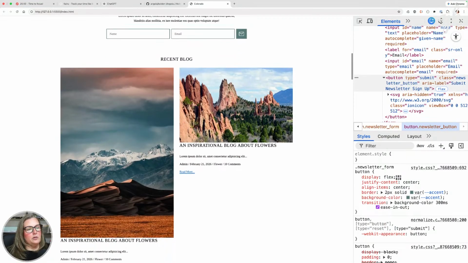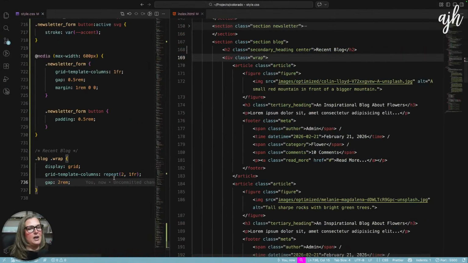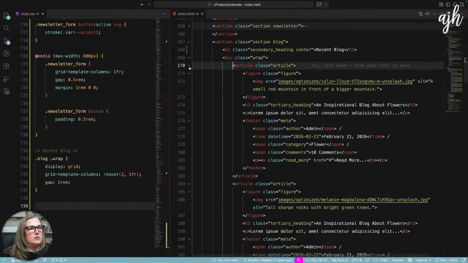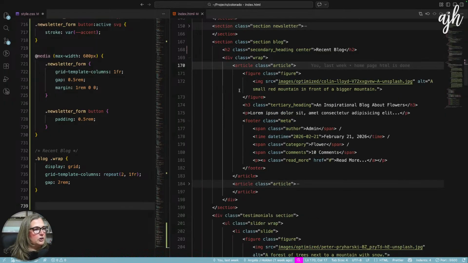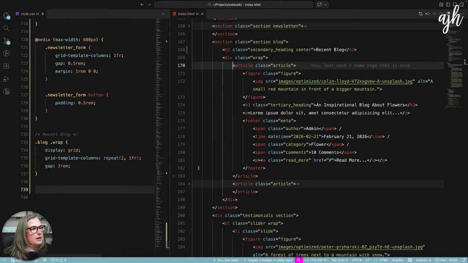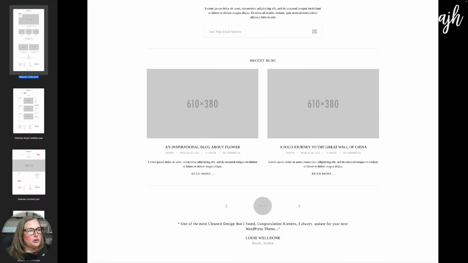Now we'll make sure that our images can support any aspect ratio. I highly recommend that you learn to deal with images with CSS. I think it's just going to make it a lot easier for your content creators once you hand this off. What is our aspect ratio? 610 by 380. So 610 divided by 380 equals 1.6052631. So we'll just do 1.6. That's our aspect ratio.